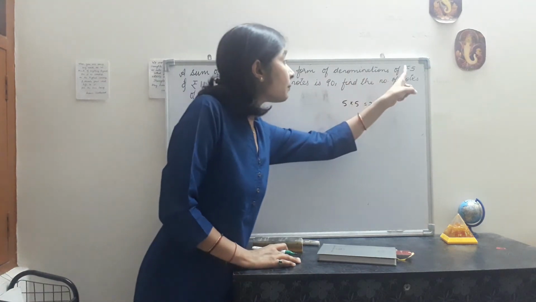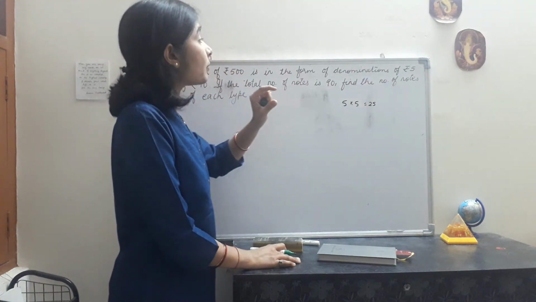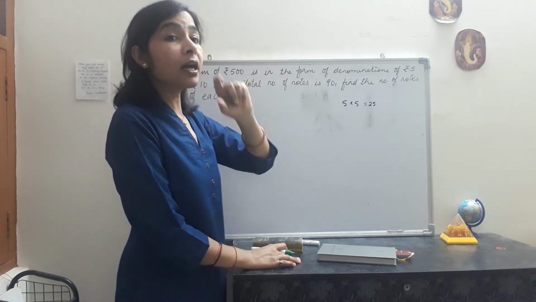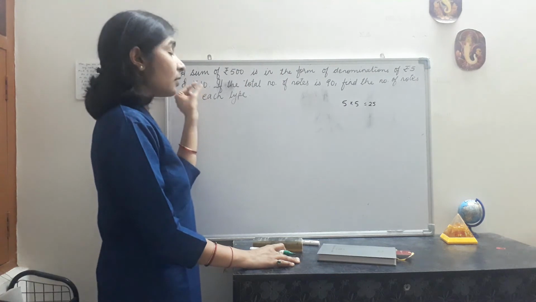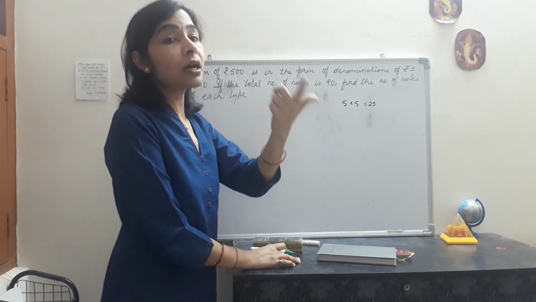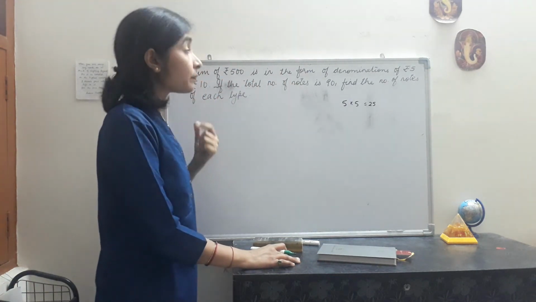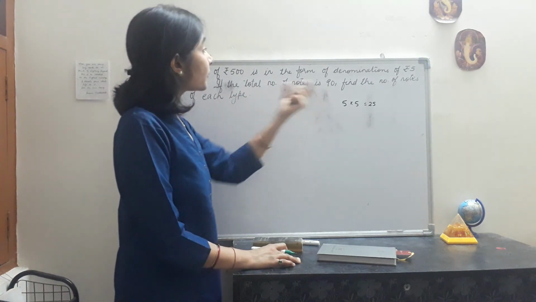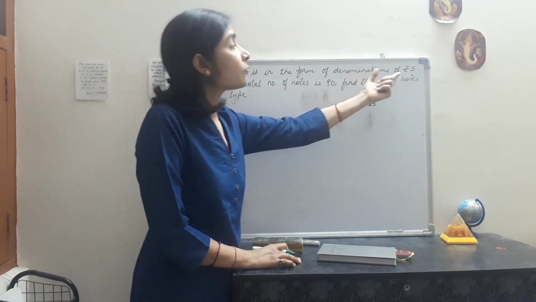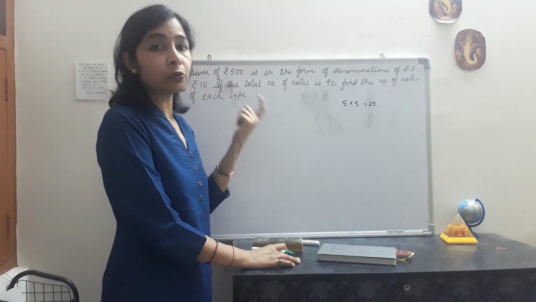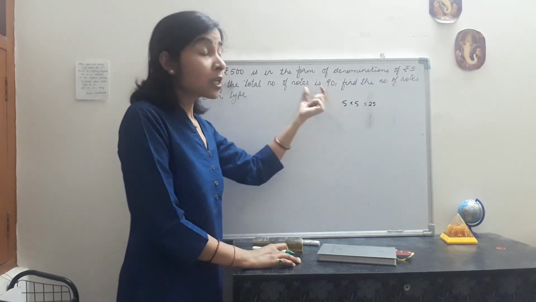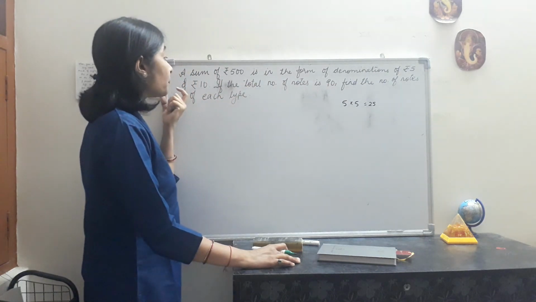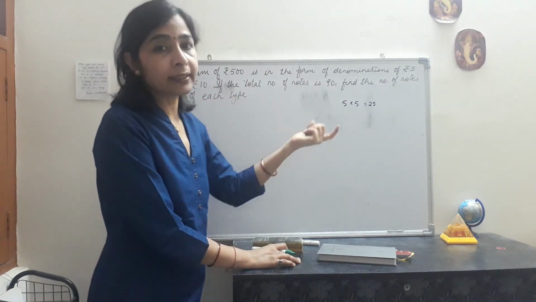So if we multiply 5 by a particular number, that will give us the total amount that was in 5 rupees notes, and if we multiply 10 by another number, then we will get the amount that is paid in rupees 10 notes. So we are supposed to find it for each type. So let us take the number of notes of rupees 5 equal to x, and we know that the total number of notes is 90. So the number of notes of rupees 10 will be equal to 90 minus x.